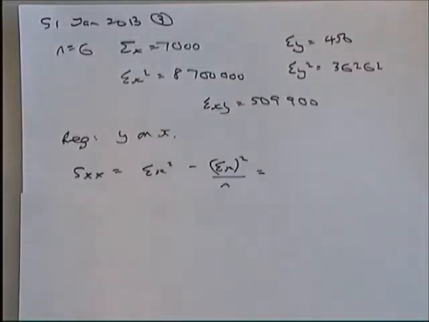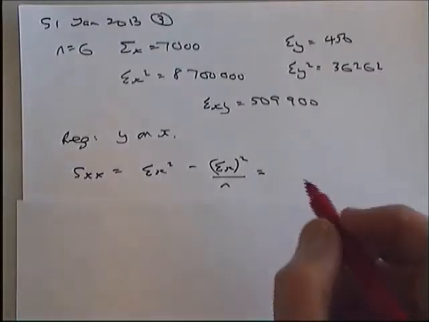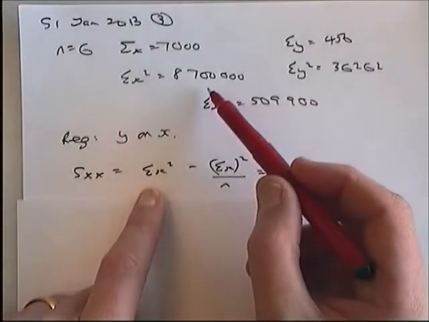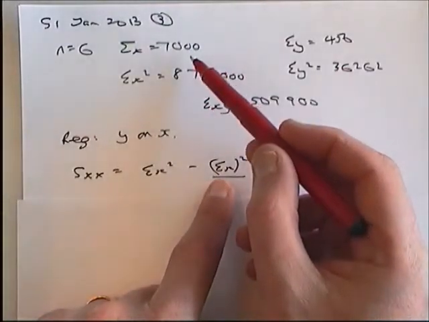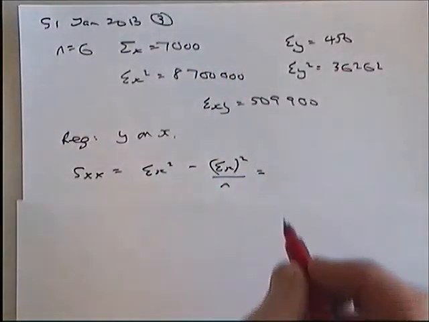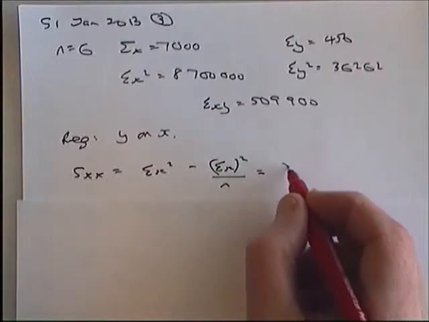So, first thing you need to work out is Sxx. And these formulae are given to you in your formula book on page 9, so you can check that you're getting these right as you go. So Sxx, which is first, is sigma x squared, take away sigma x, all squared. Now just substituting the numbers in. So sigma x squared we're given in the question, sigma x we're given in the question, n we're given in the question, and if you substitute that in correctly you get